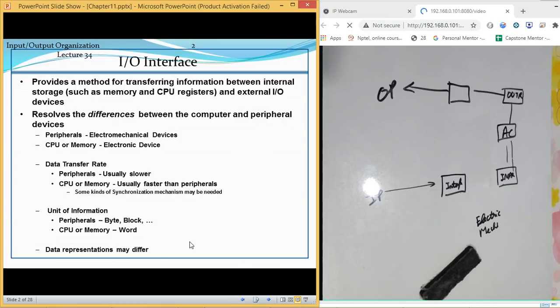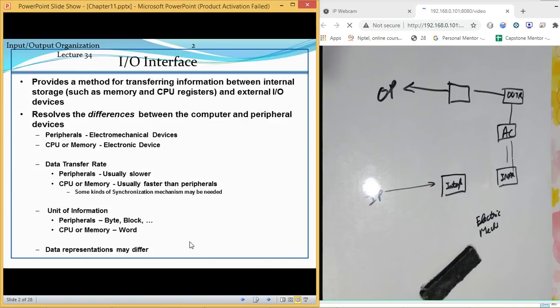There is a mechanical mechanism which helps your button to get pressed and then jump back to the same place. So it is an electromechanical device which includes both types of devices, and these electromechanical devices have some moving parts. That is why they are quite slow as compared to the devices which are entirely based on electronics. Now, what are those devices?